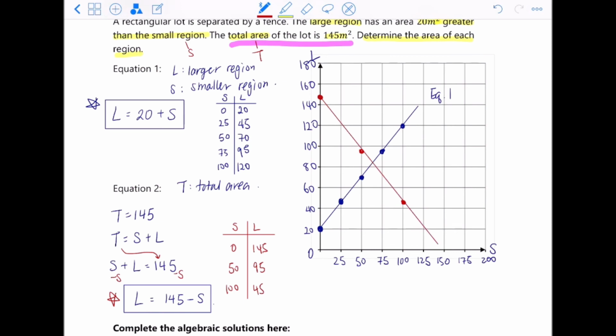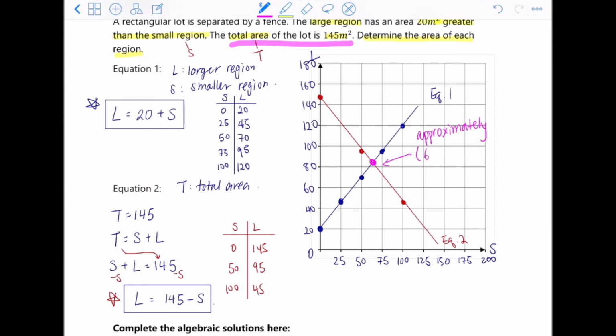Okay, so I think this is pretty good, so we'll just keep it this way, equation 2. All right, so notice that we have an intersection here. The only problem is we don't know what that point is exactly. So what we can do, we can approximate it. So we approximate, approximately, I'd say